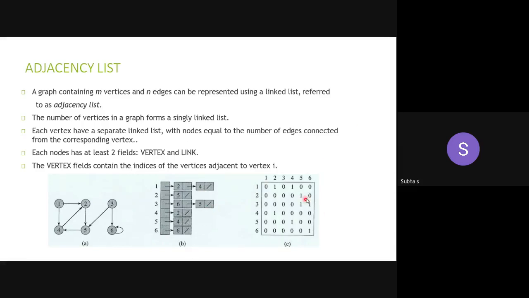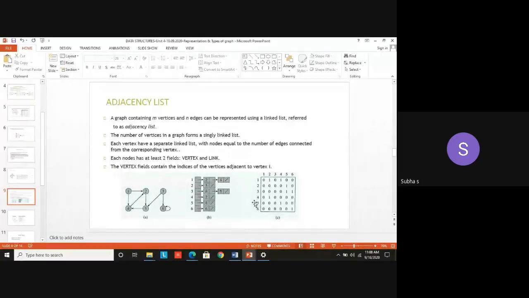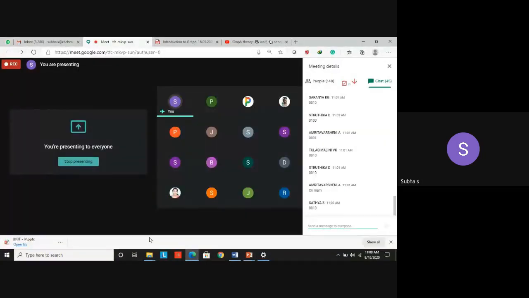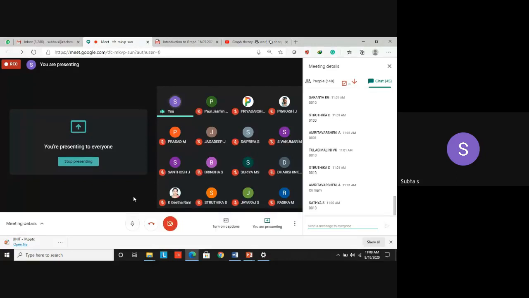Yes, you can construct the adjacency matrix for this also. For the same graph, this is the adjacency matrix. A 6 by 6 matrix is there. Yes, I think with this I'll stop. I want to play the remaining part of that video. Are you interested to watch the video or shall I continue this one? It's your choice.